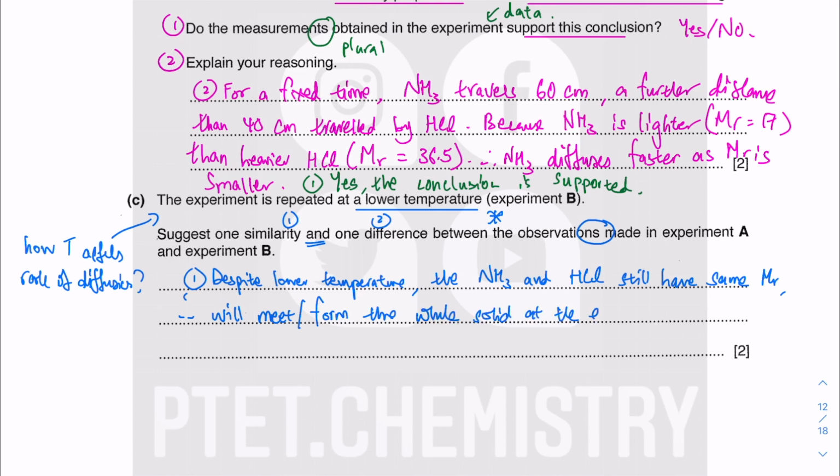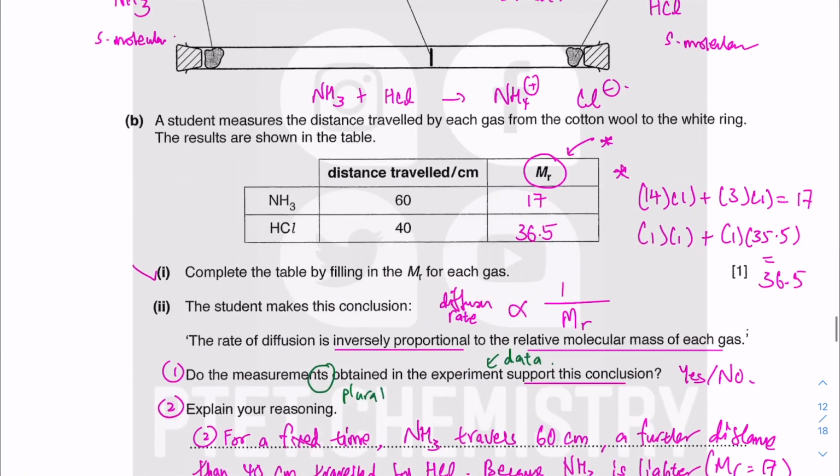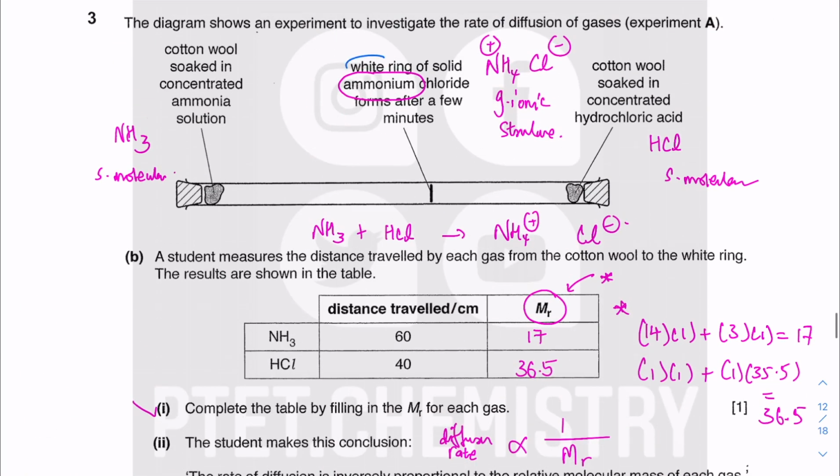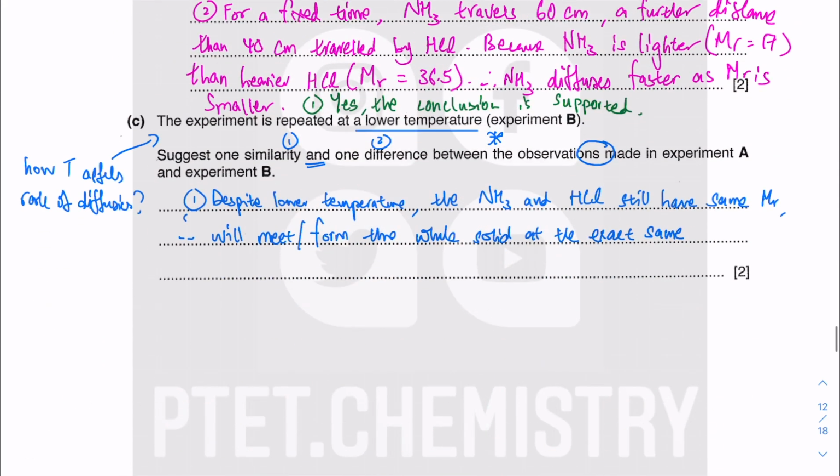You get this white ring of solid, right? So that's why I say you form the white solid at the exact same position as experiment A. So that is your similarity. Experiment A was the one at higher temperature. Now the difference. Lower temperature